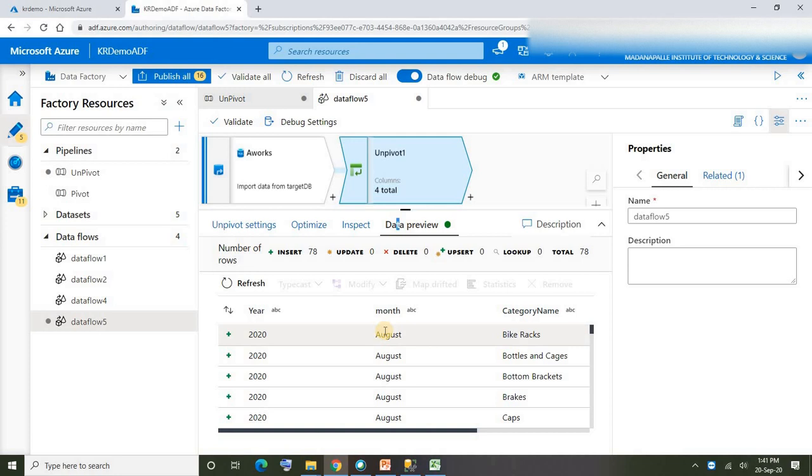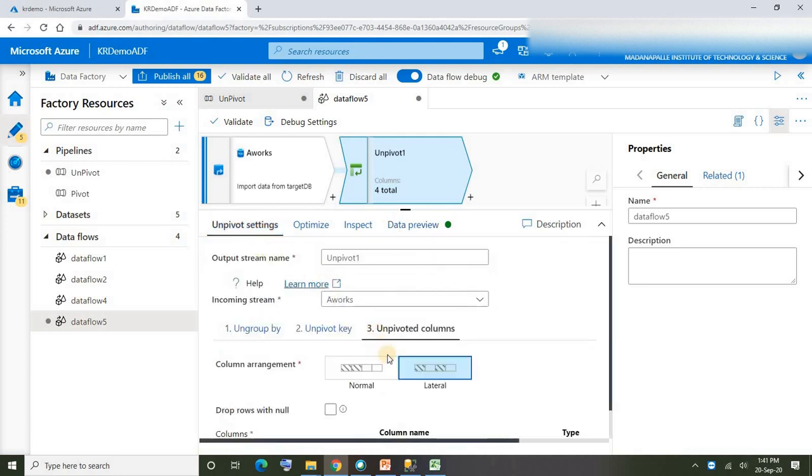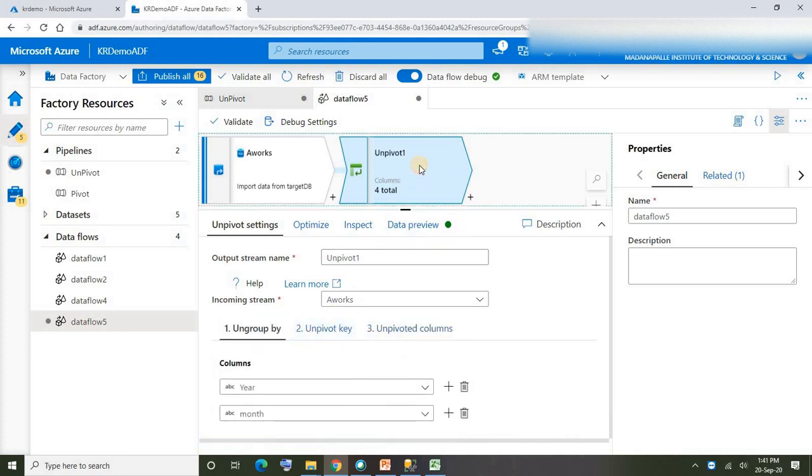The number of columns created will be whatever columns we specified on unpivot, including the unpivot key and the unpivoted column. You can't expect the number of columns to go down or increase. Based on the settings we gave under unpivot, you can expect the number of columns. Here in our case the total number of columns will be only 4.